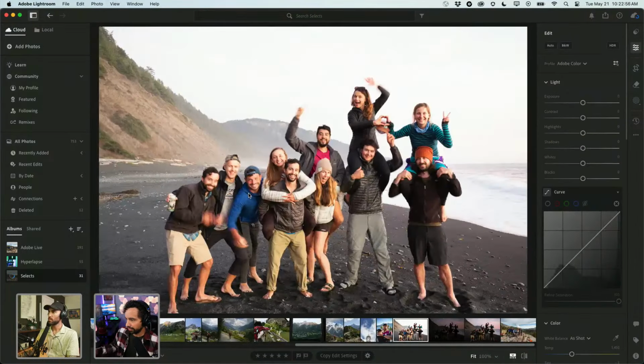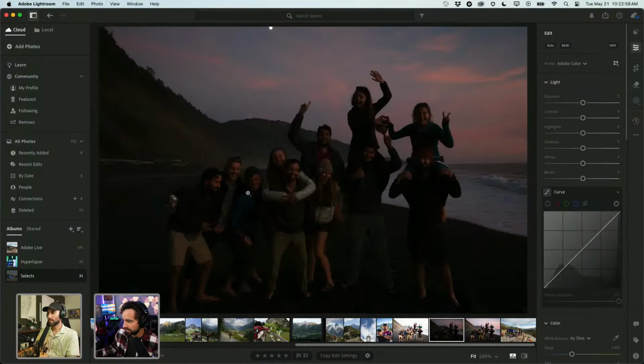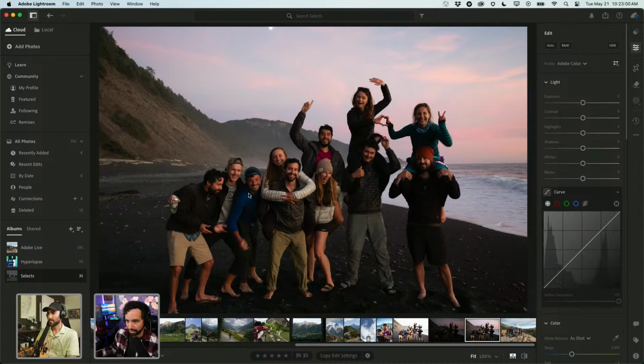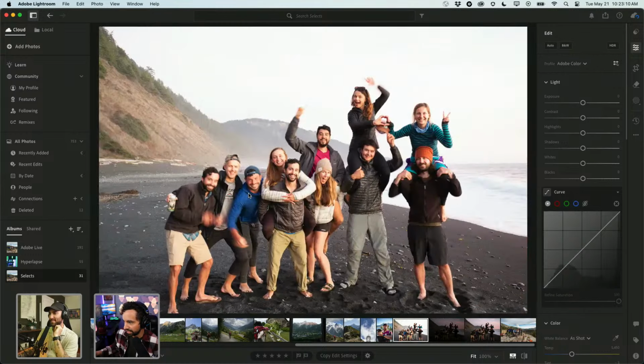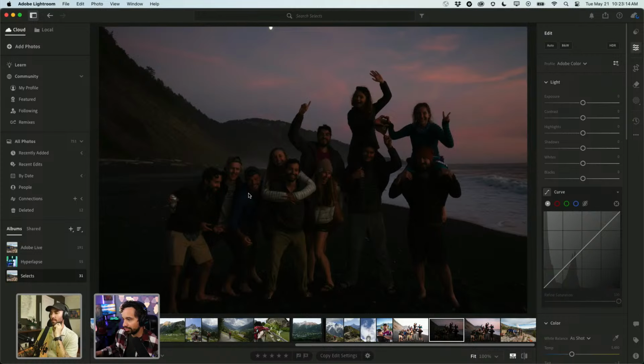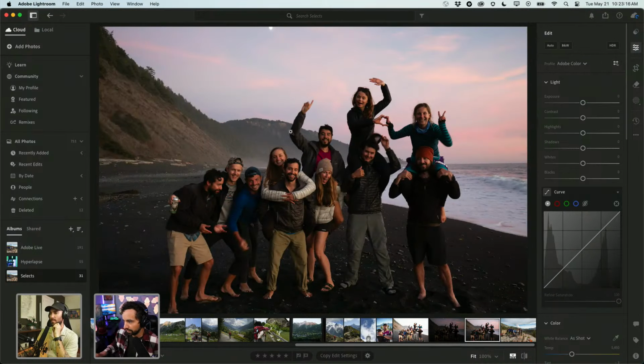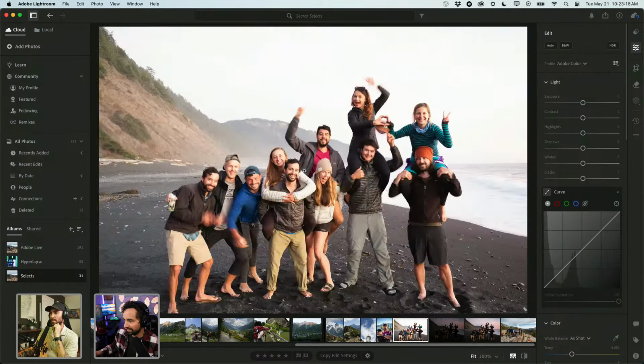Okay, so I want to show this photo. This is another backpacking trip with a bunch of friends, and I did an HDR shot. Back when I had my old camera, the Canon 5D3, it's a tank, it's a beast. It did its service with me proud. I love it to death, but the dynamic range isn't as great as the Canon R6 that I'm shooting with now. So before, to get all these photos in one exposure, I would have to blend it,